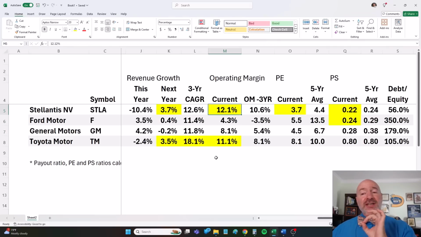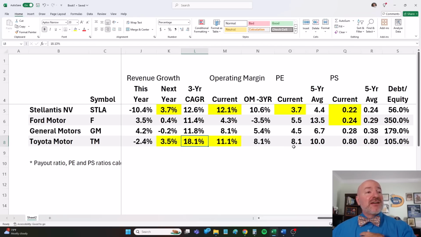So in that 5-minute analysis, you're looking at revenue growth and operating margin. Personally, I can ignore the PE and the price to sales, the valuation, a little bit. I can pay more for a stock if I'm getting so much better revenue growth and so much better operating margin profitability. Because I know over time that a stock that is growing 18% in sales a year is going to